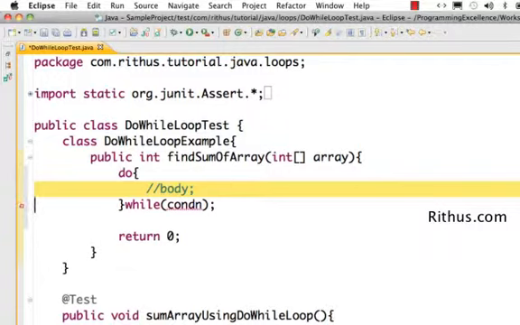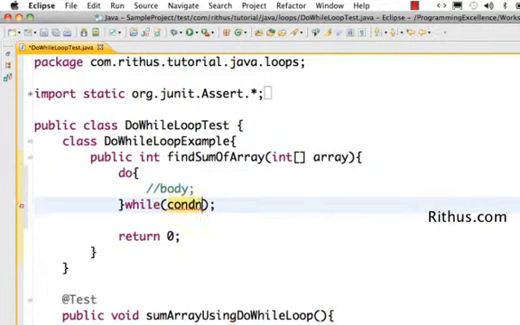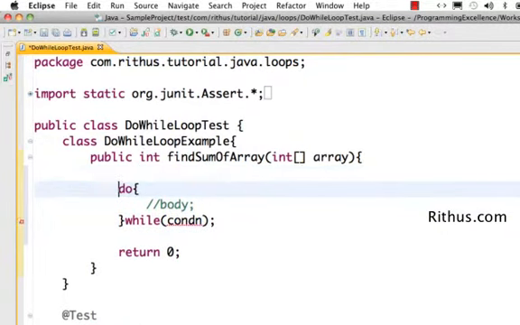If the condition isn't satisfied, there's a chance the body doesn't get executed at all. But for a do while loop, the body gets executed at least once, and more if the condition remains true. Okay, that's enough theory. Let's get to the practical stuff.